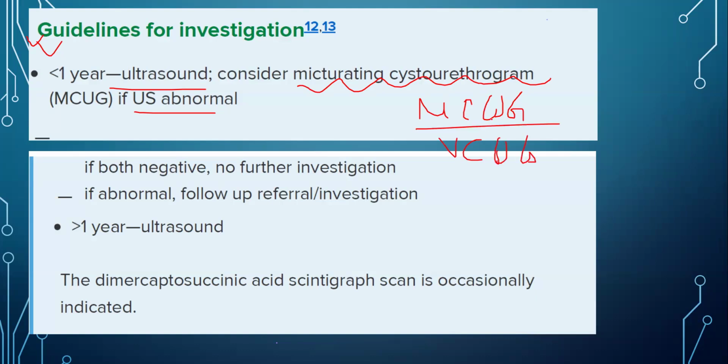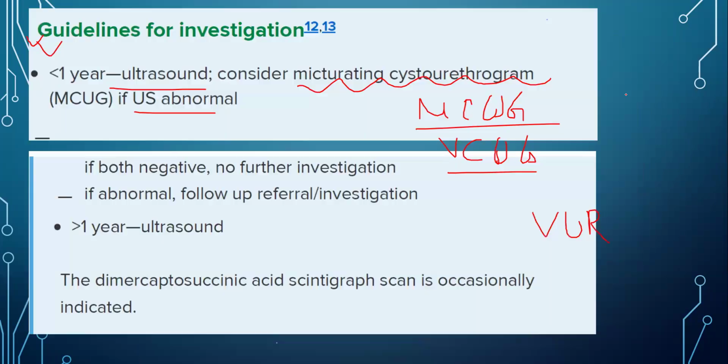In a micturating or voiding cystourethrogram, you put in a dye and the dye goes through the whole urinary tract to look for any abnormality. Why do we do it? There is a reason, because many children who develop recurrent UTI can have an underlying anomaly in their urinary tract. One of the common ones is vesico-ureteric reflux. So what happens is that,